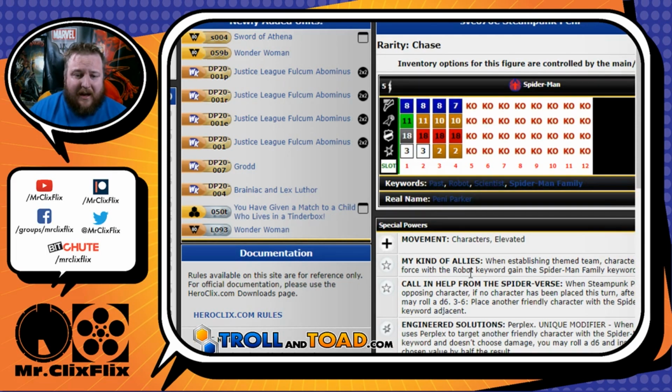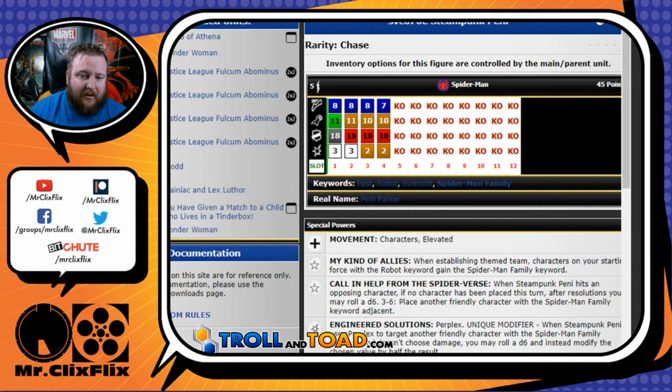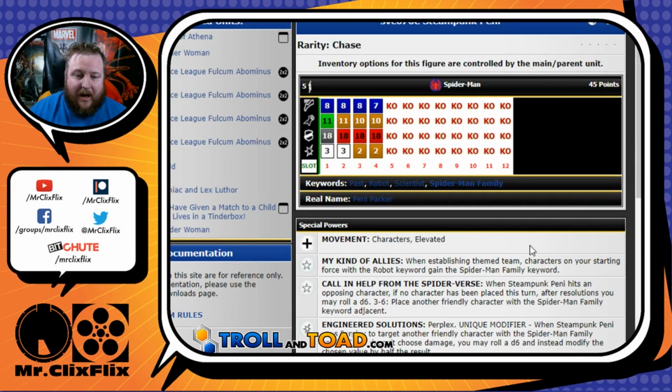Steampunk Penny. Again, robots is just such a good keyword. And to make it so that you can make it Spider-Man family and just bend in a bunch of other things is just really good. And then you take into account that she has this thing here where